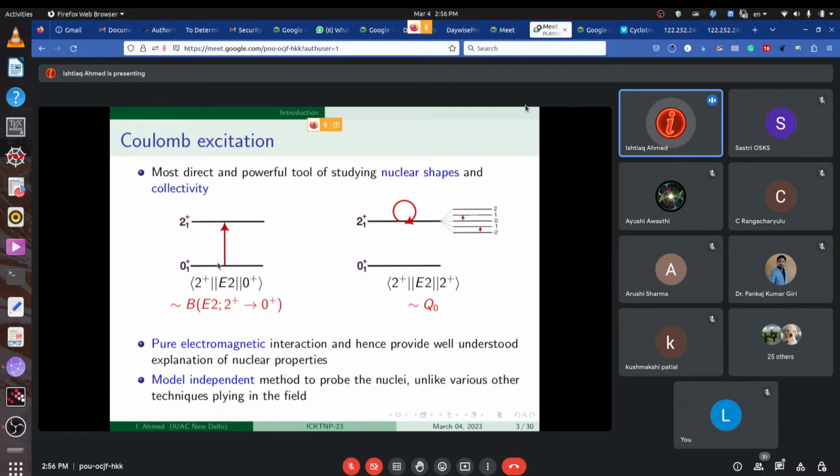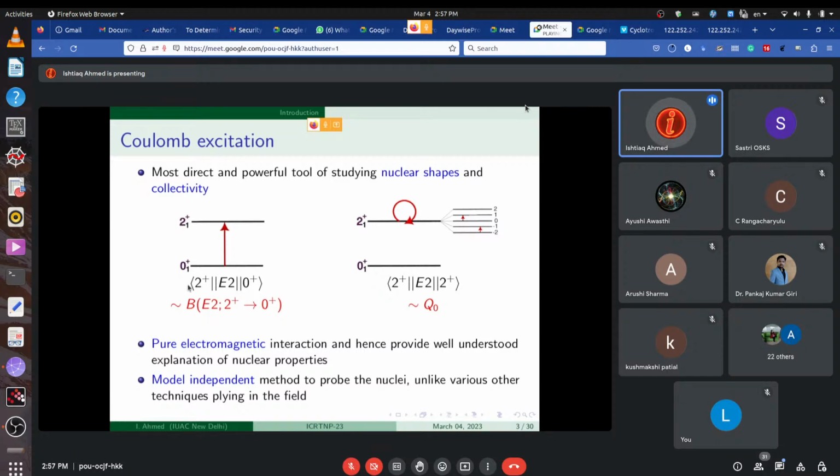For example, this is the transitional matrix element, this K2, 2 plus to 0 plus. So from here you can calculate the B(E2) for the 2 to 0 transition. And when you see the right hand side of the screen, there is a transition also between these M states. Here on the right hand side I show it from 0, 1, 2 and 0, minus 1, minus 2. There are the M states, and the transition occurring between these states is basically the reorientation effect. And from this reorientation effect, you calculate the quadrupole moment, the intrinsic quadrupole moment, for example.